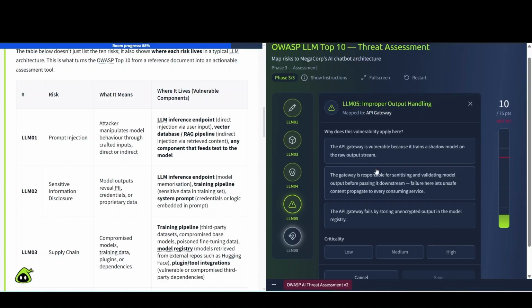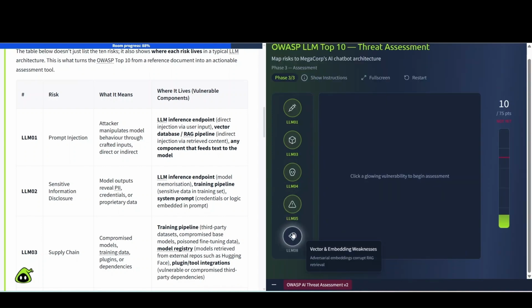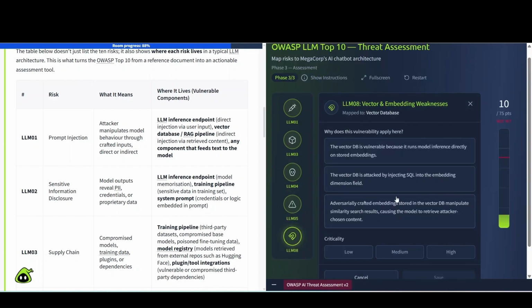And let's take a look and see what this one's going to be here. It should be: the gateway is responsible for sanitizing and validating model output before passing it downstream. Failure here lets unsafe content propagate to every consuming service. Mark as medium, save it, and then number 8 here, vector and